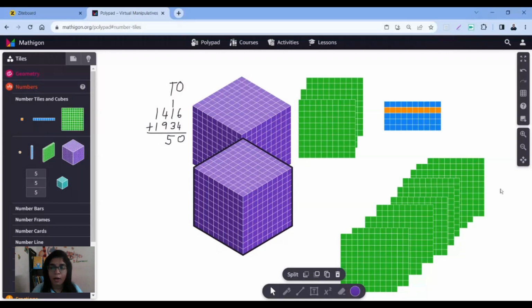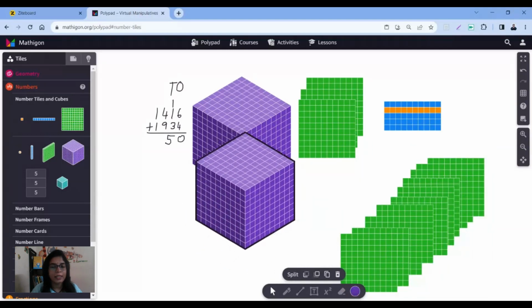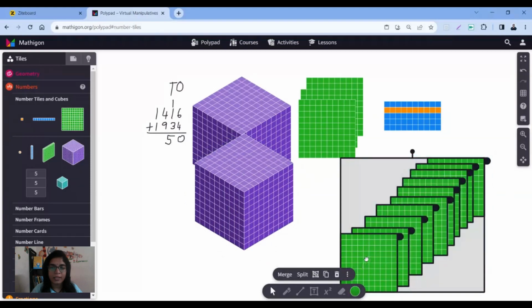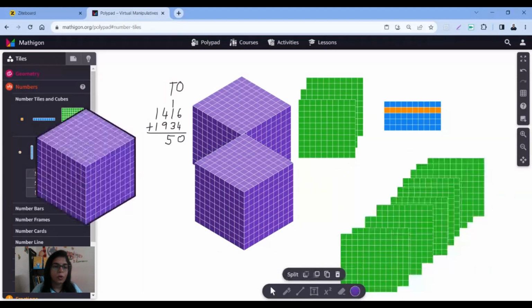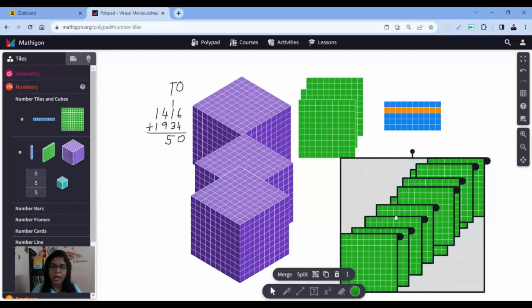Okay, so what are we going to do? We're going to merge all of this. When we merge all of this, you will see that it will look like this. So we are going to remove all of this. Instead of this, we are going to bring one cube, because